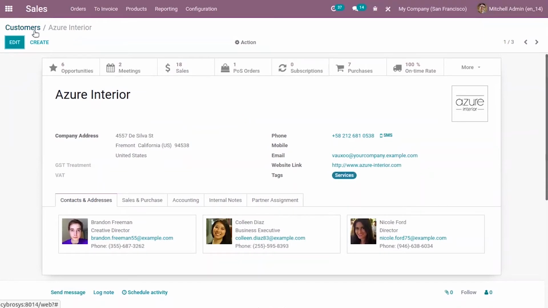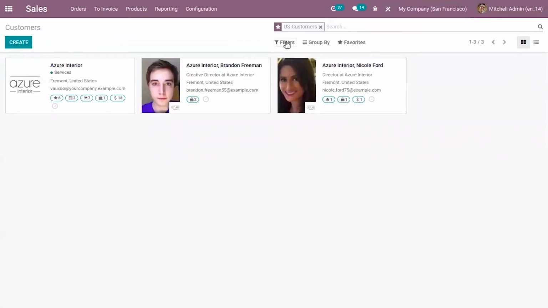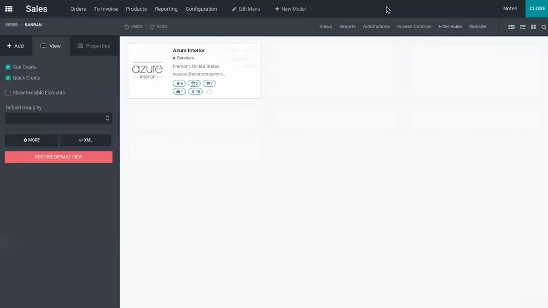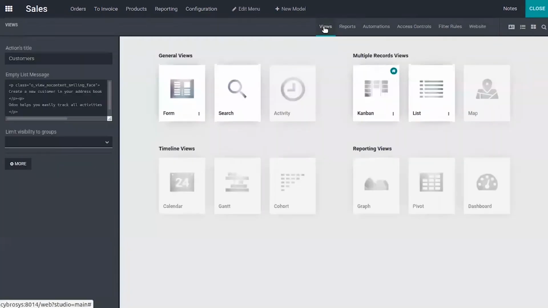And we can also customize a filter and add more filters down here. For that, just click on this tool again, and here we can view all the views.